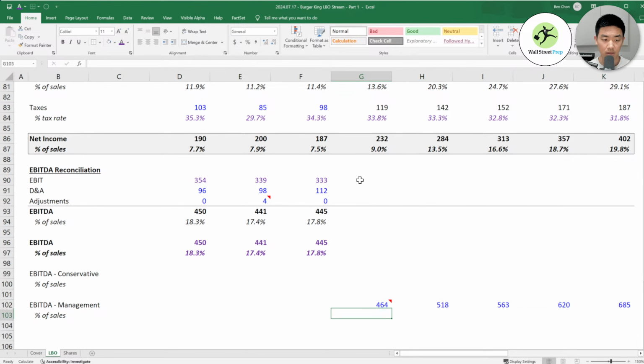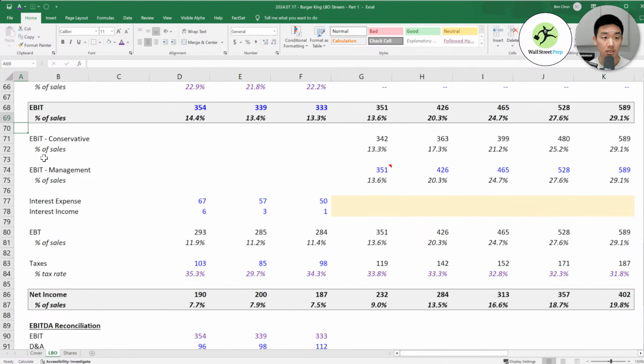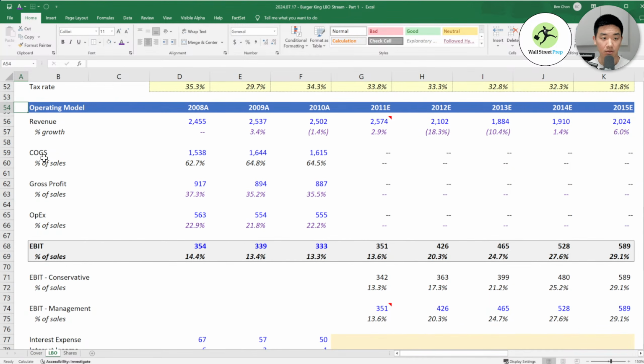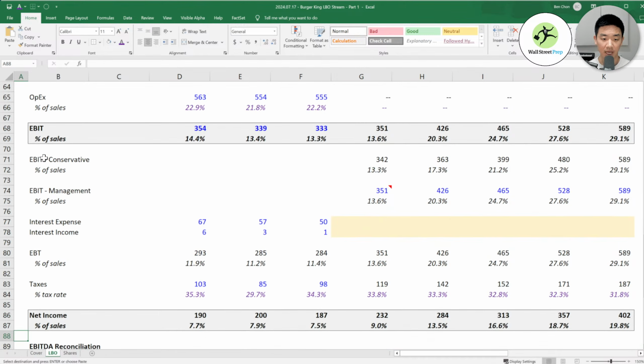Okay, and then percent of sales, we can again copy. These are our EBITDA margins, right? Conservative case, what I think we're going to need to do is actually build out our cash flow items first before being able to calculate what this would be, because we need our D&A, right? So what we're going to do is build out a new section now called cash flow items.